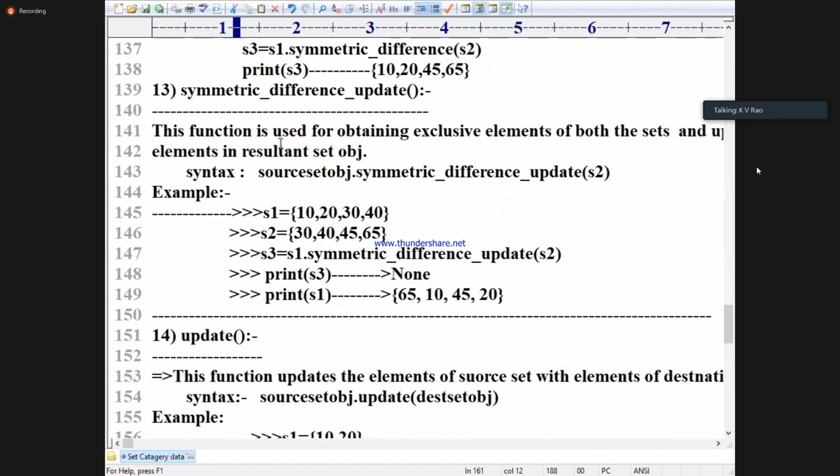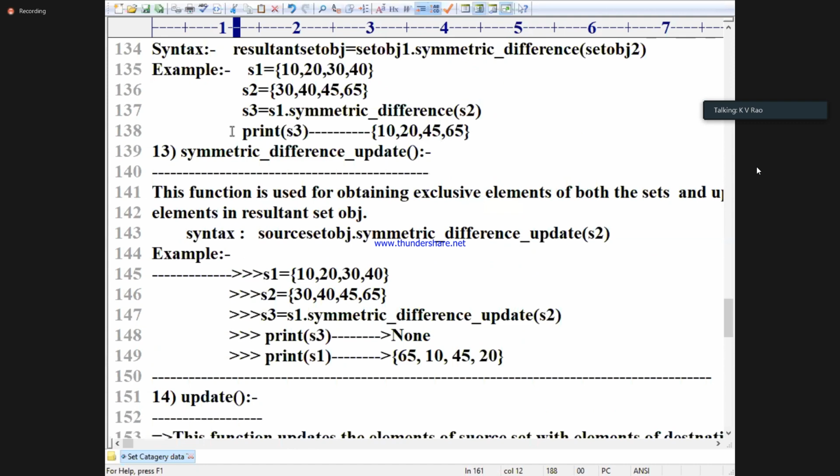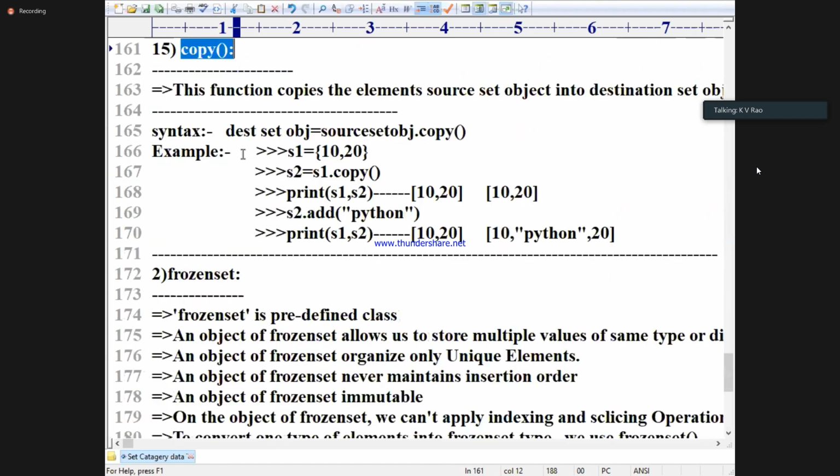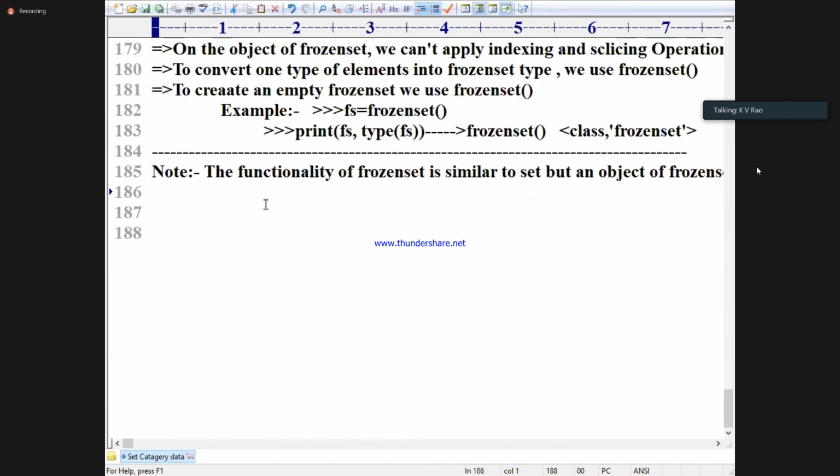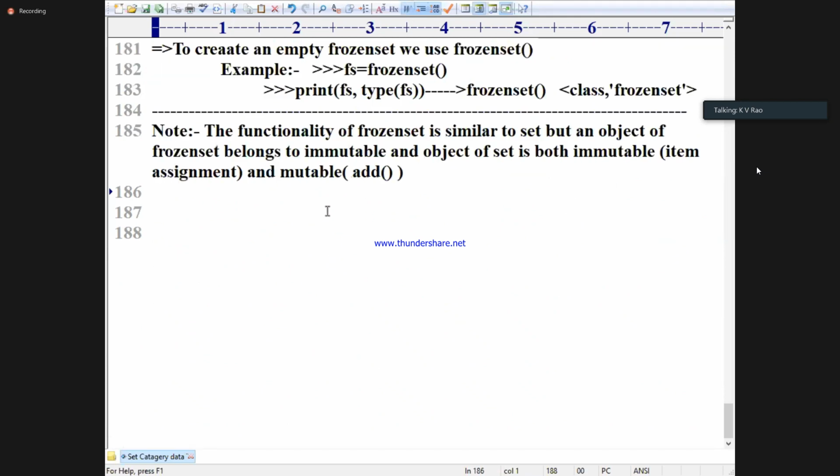What is available? Is superset, is subset, disjoint, union, intersection, difference, copy. Those are the functions which are available. And with your knowledge, you can easily guess what functions are there. Is it necessary to write? If you want, not necessary. Today not necessary, but tomorrow doubt will come. I don't want to take that in next week's class.